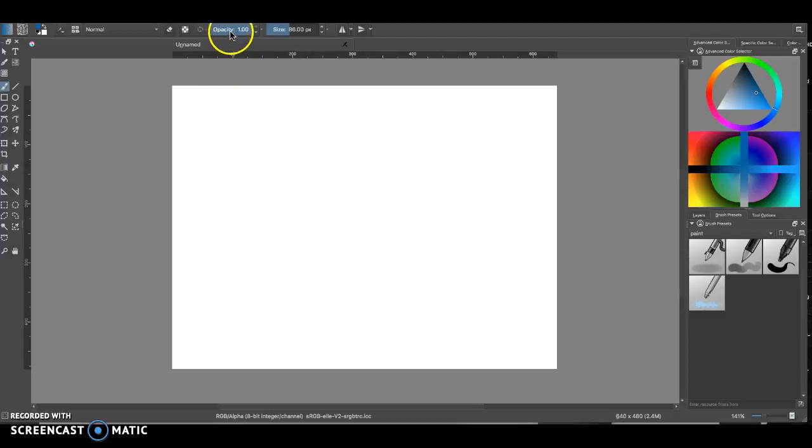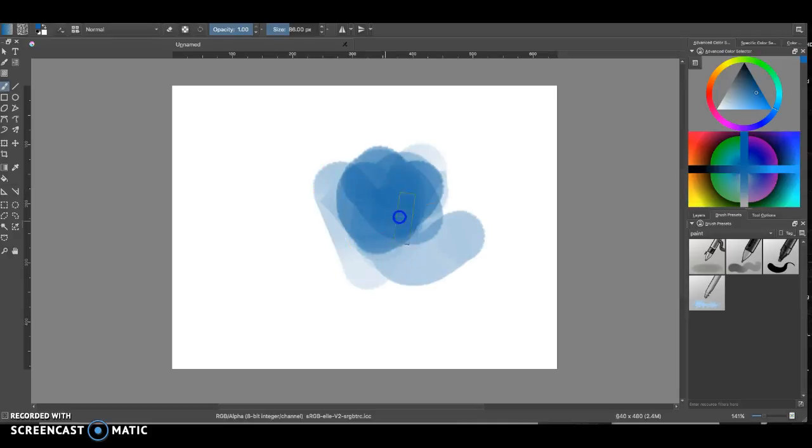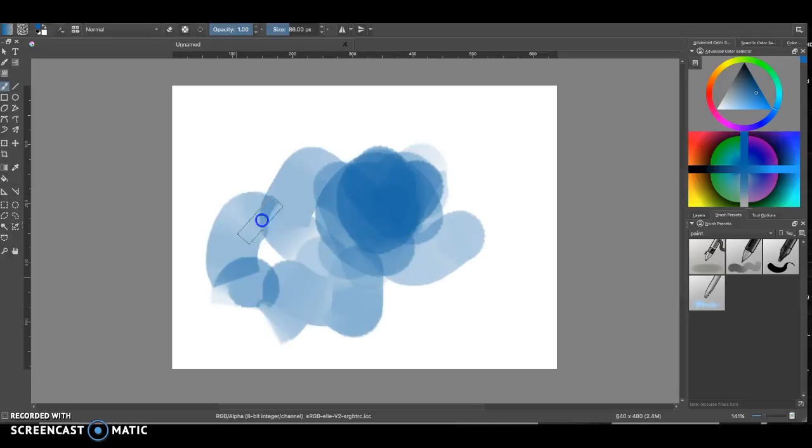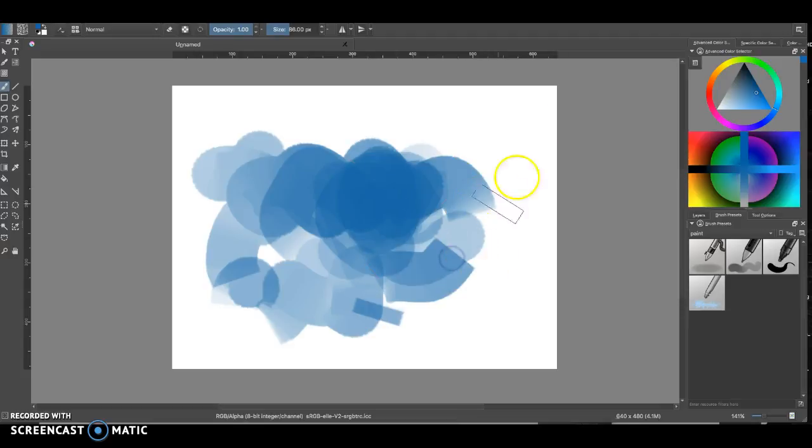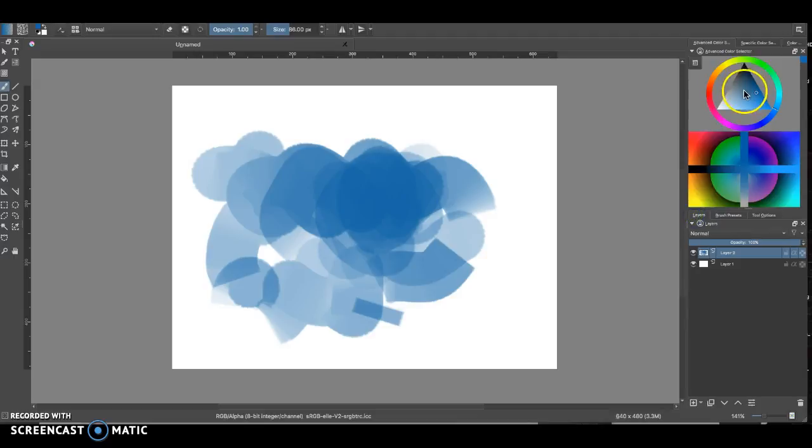Up here in the top center, you'll see a couple sliders, opacity and size, and that affects the opacity of your brush and the size of your brush. And you can see I'm just messing around here on the canvas. Over here in the top right-hand corner, you'll see that I've got my color picker, a standard art triangle and color wheel. So again, you can click and drag around, choose whatever color you want,